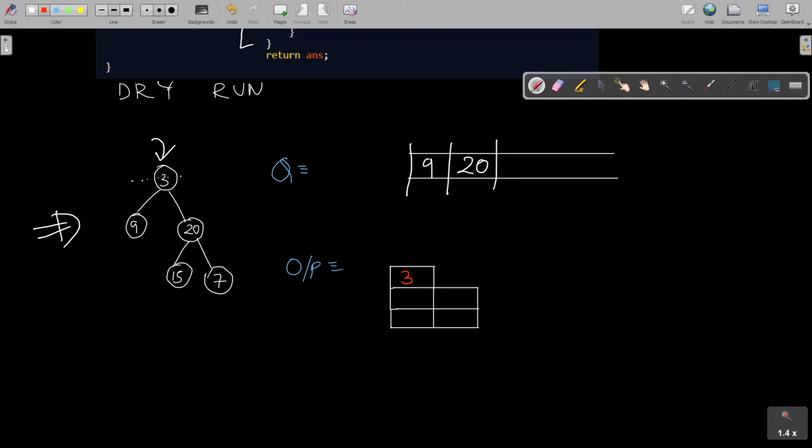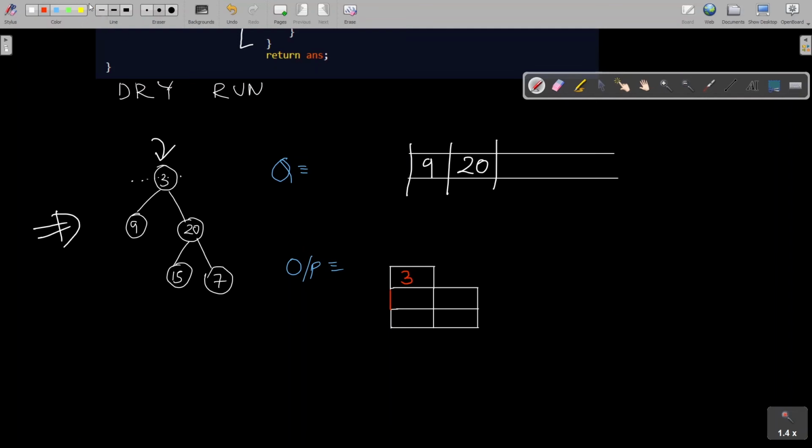Instead we are going to give a new line, which marks the end of that level. So we are going to move the cursor from here to here. Now the cursor is here.